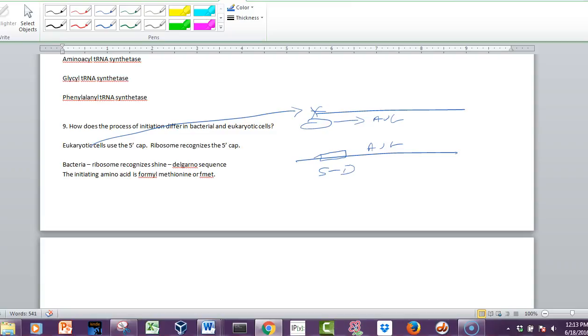Yeah, that's about it. The other thing that the book points out at this point is that there is a sequence associated with the start codon in eukaryotes called the Kozak sequence. The Kozak sequence is just a consensus sequence. There are additional nucleotides that surround the start codon that make it a good start codon to initiate translation.